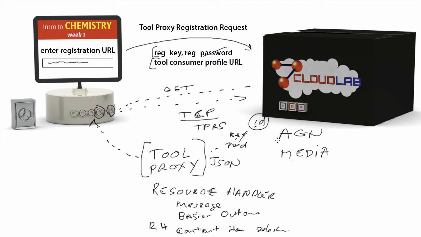And now when you're done with that, it's time on the UI to use the return URL, which was passed on launch, to return the user back into the tool consumer. And when you return, you pass it the ID of the tool proxy you've registered. And now when you land back into the tool consumer, you can actually see